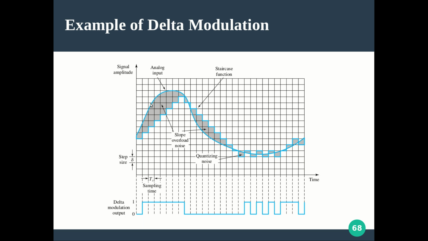Same thing happens for a rapidly changing amplitude signal, whether it is increasing or decreasing. But here the signal amplitude is not changing much, it is retaining some kind of constant amplitude or slightly varying amplitude, and that leads to some kind of jerking for the staircase function, and that corresponds to the quantizing noise. Simply it is moving up and down, some kind of small overhead. So such two difficulties are here.